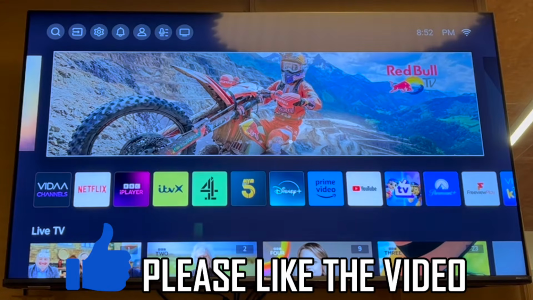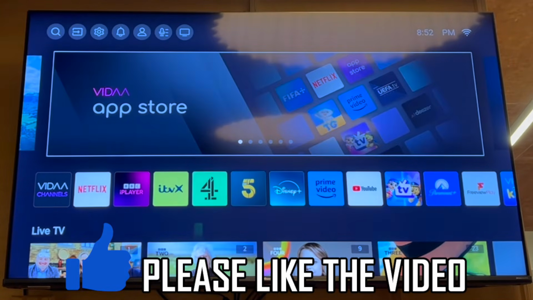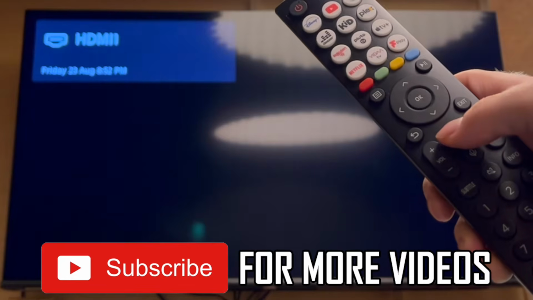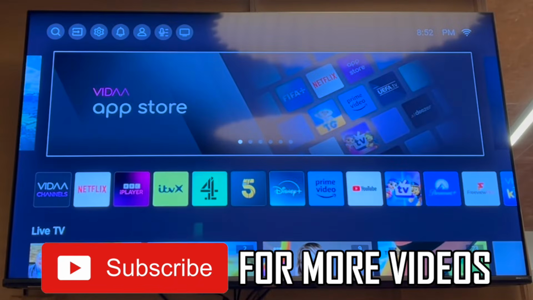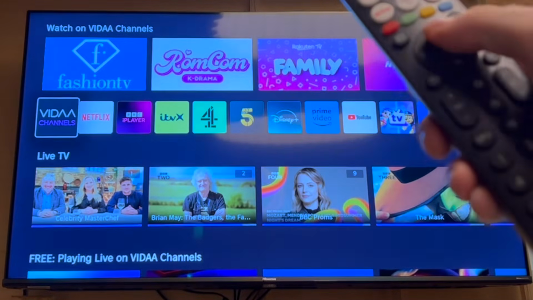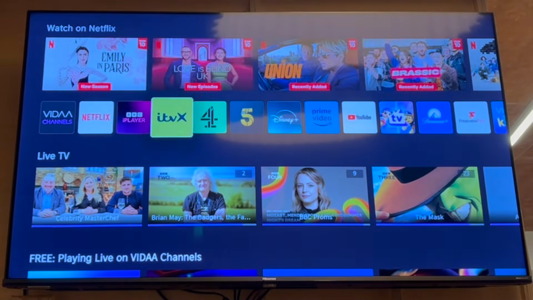How to use Google on Hisense TV. First of all, press the home button in the middle of your Hisense TV remote control. There you'll get to this menu where you want to press the down button on the D-pad to get down